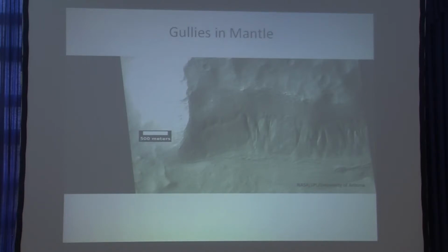And these particular gullies, they're basically formed right in the mantle. And if we think they're made by running water, the running water came from the mantle. So the mantle probably contains running water. Many places on Mars, in certain locations, theory suggests that you have melting of ice, actually melted, for only maybe a couple hours in the afternoon,